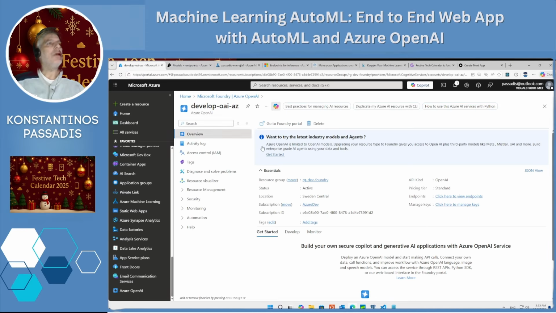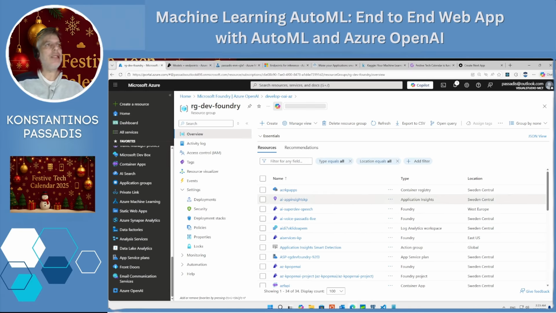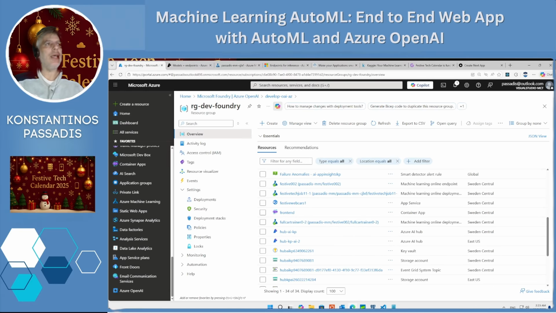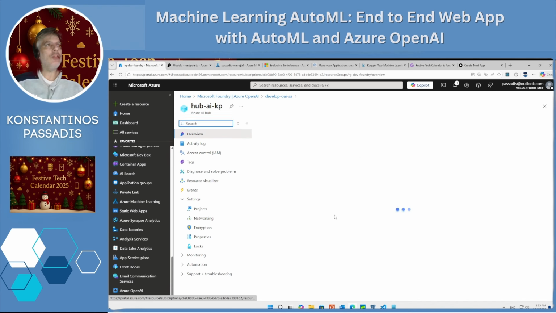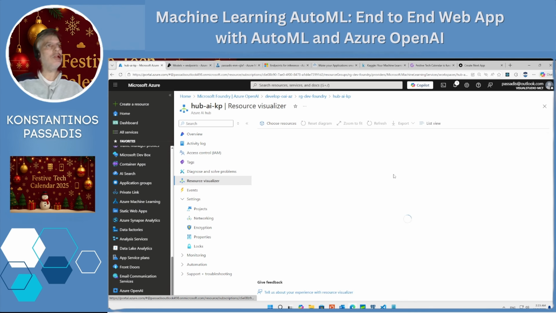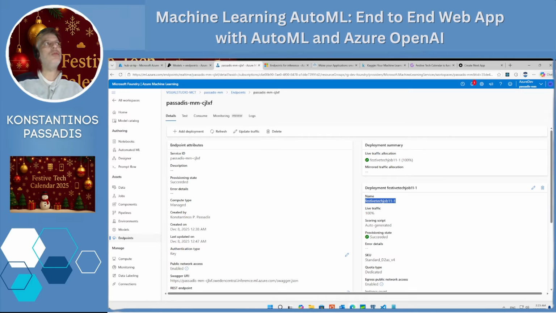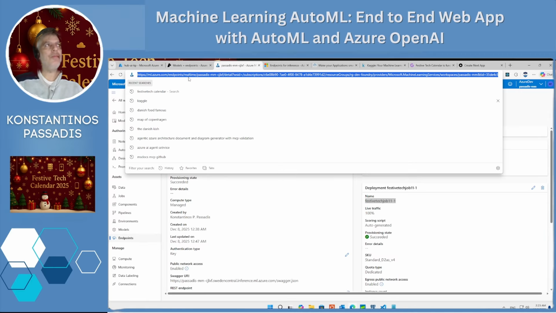When we create our first AI hub, what we are getting is not only this AI hub, but let me show you. This is a hub in Azure AI Foundry. If you go to the resource visualizer, you will discover that you already have a machine learning workspace available to you. So you don't need a separate Azure machine learning workspace. You already have it. And if you go to ml.azure.com,